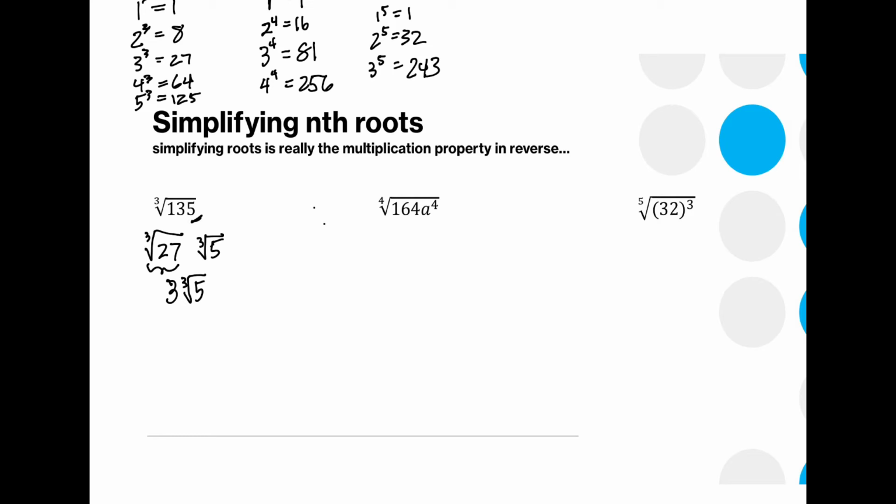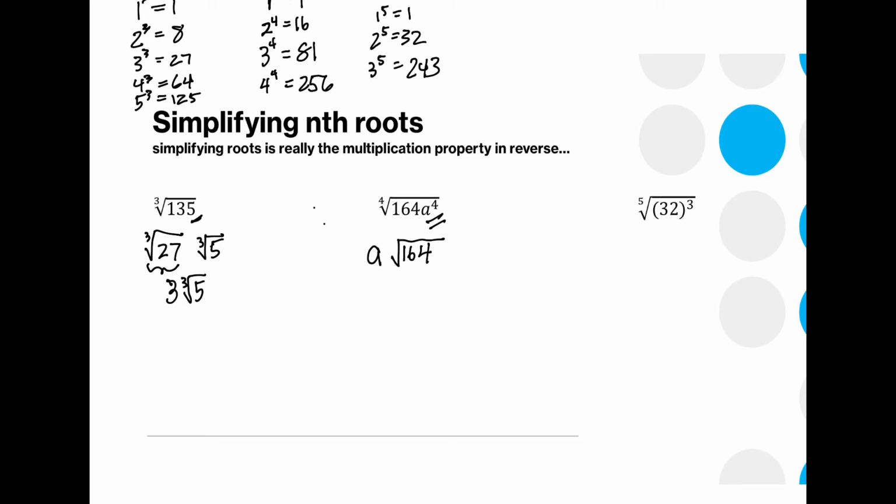And so we see 164 actually is not a perfect fourth and has no perfect fourths that go into it. It is not divisible by 16, and 16 is the first perfect fourth that comes up. But a to the fourth is a perfect fourth, so I would write that as